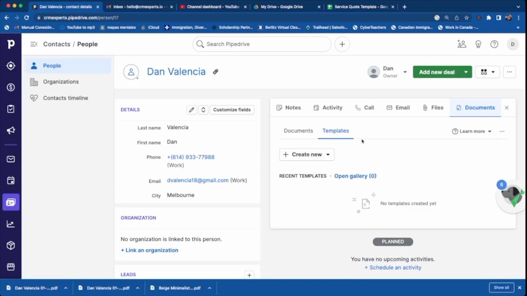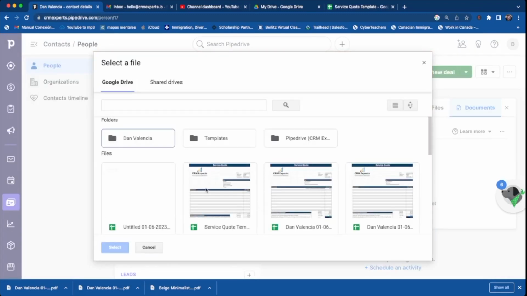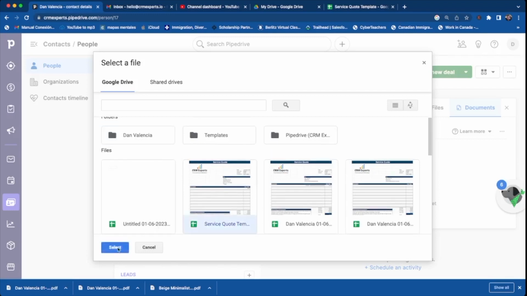To do that is just as simple as hitting create new, and because we have it ready on our drive, we can select from cloud storage. If you were doing the document or the template from scratch, you can do it straight here in these two or three options. Because we have it ready, from cloud storage it will connect to our drive. This is another branch of having that email connectivity that we talked about in previous videos. So then we select the one that we want to use,